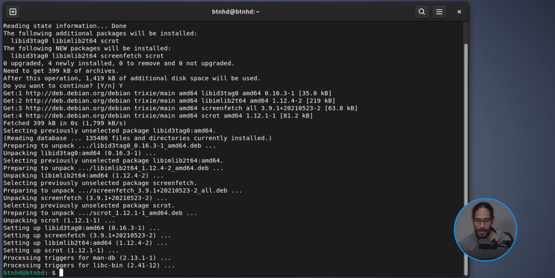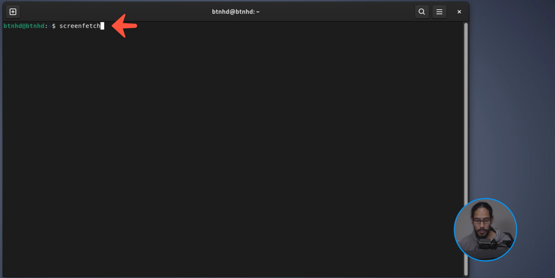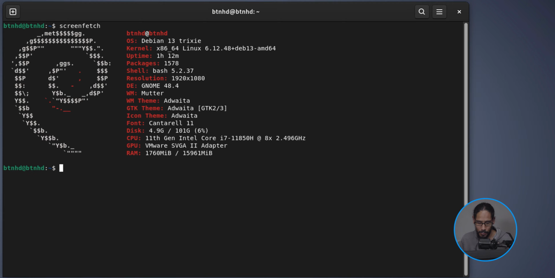How to run it? This is how you run it. And this is the command that you're going to use. Bam, screenfetch. How easy is that? We're going to hit enter. Bam. Woo, fancy. I love this. I've seen this like everywhere and I've wanted to do it myself. And this is how you do it.